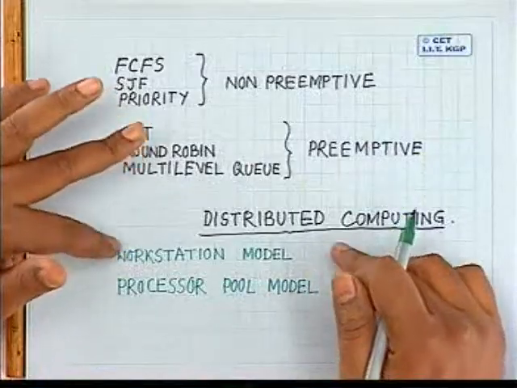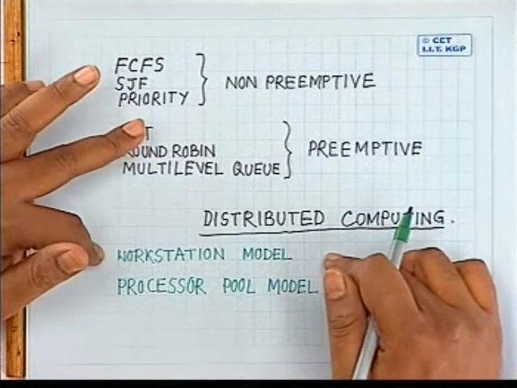Now in the second model, the processor pool model, you can have a high-end server having multiple processors. So in a single server, I can have more than one CPU, and what is given to the users is a high-end terminal, maybe a graphics terminal. The user terminals do not have any processing capability. They don't have any disk, they don't have any CPU. The processing has to be done on the server, and the users just have a terminal. The server has more than one processor. So you find that these two models are different.